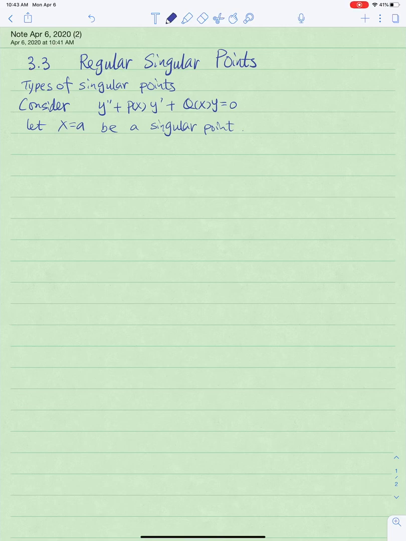Now let's look at 3.3, regular singular points. So first, we're going to define different types of singular points. And the differential equation we have is the second order homogeneous equation. Let's suppose x equals a is a singular point. Now, if it satisfies the following two conditions,